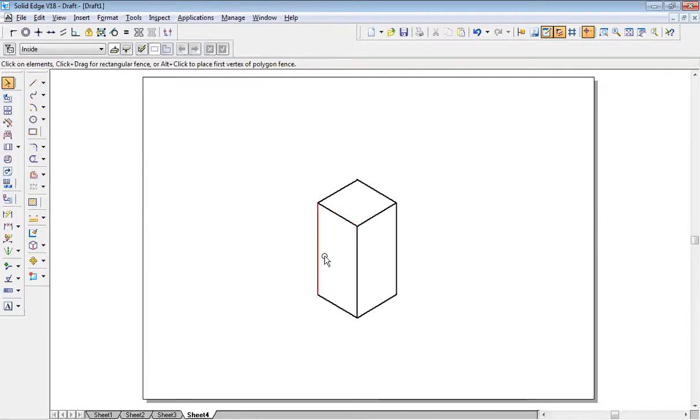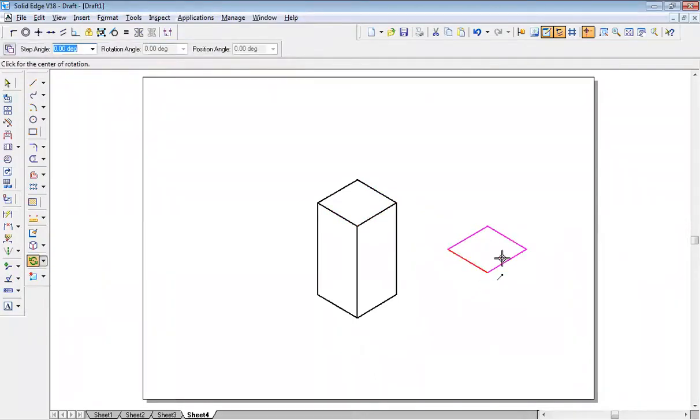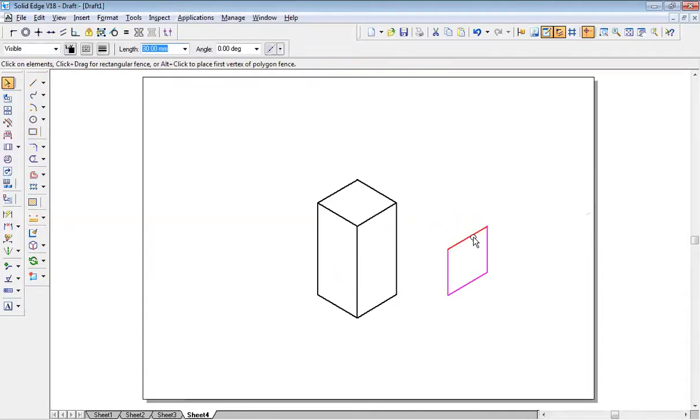Now, cylinder of dia 30. So dia 30 means box dimension also 30. Select the top face, go to move command, switch on the copy option, take it to a side. Right? Now go to rotate. Taking this as a center and this as a radius, if I make it 90 degree, I can place this on the right side. Okay?